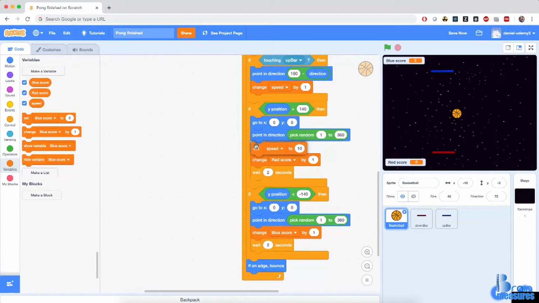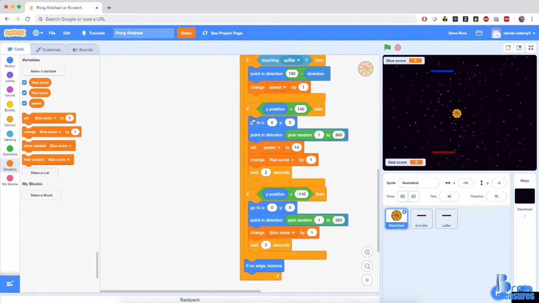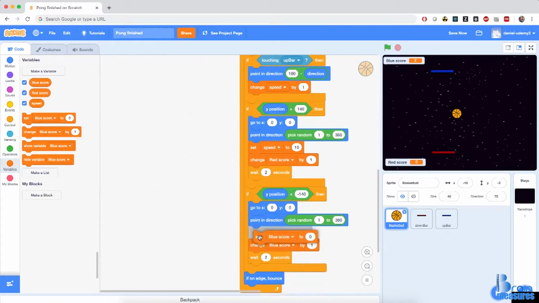So I'm going to pull it right here under the if y position greater than 140, and I'm going to pull it again under the if y position less than negative 140. So set speed to 10. All right, so this makes sure that the ball resets to its original speed when it restarts the round of the game. So if I hit the flag again and try to play a couple of times,